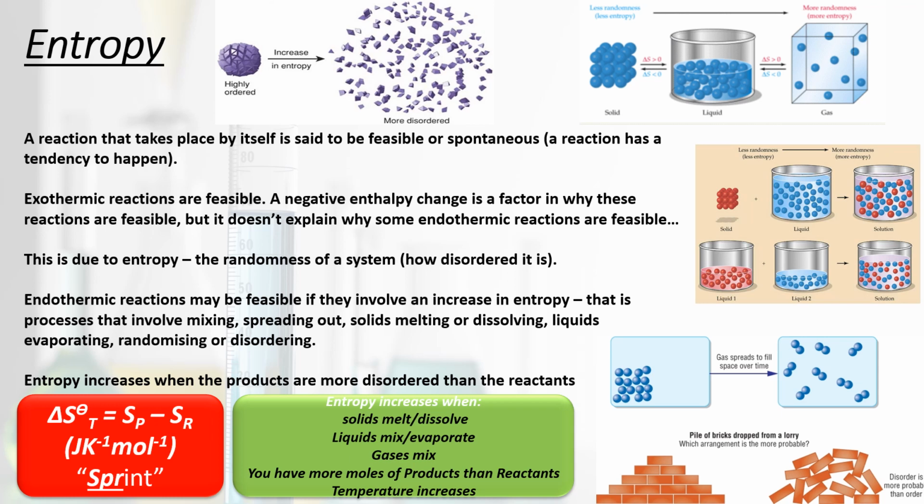If I break it up into its ions, let's say I dissolve it up into solution, well, now it's a much more disordered, much more random system. And I can arrange that system many, many more ways because the ions are free to move. And so this is actually why our sodium chloride dissolves, even though it's an endothermic enthalpy change of solution, because when we dissolve it we create the ions that are free to move. It's a much more disordered and much more random chemical system. There's much more ways of arranging it, and therefore the entropy increases.